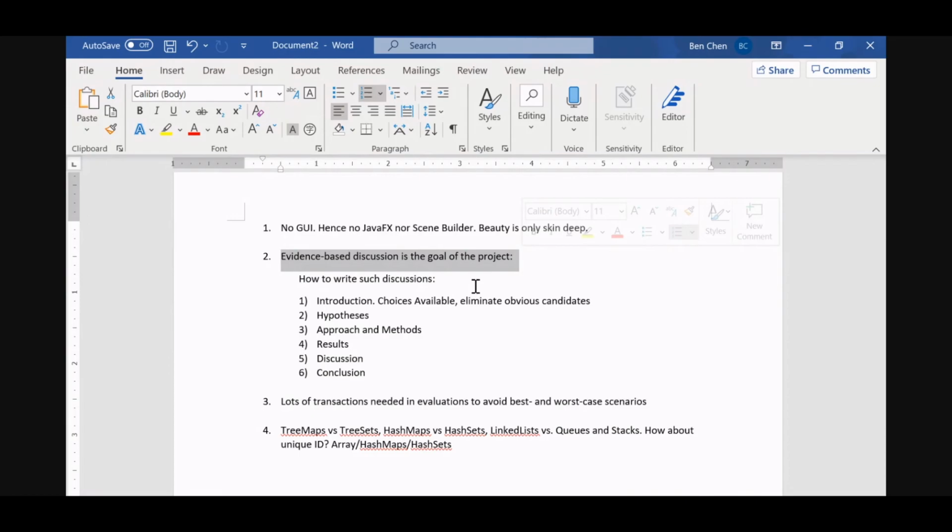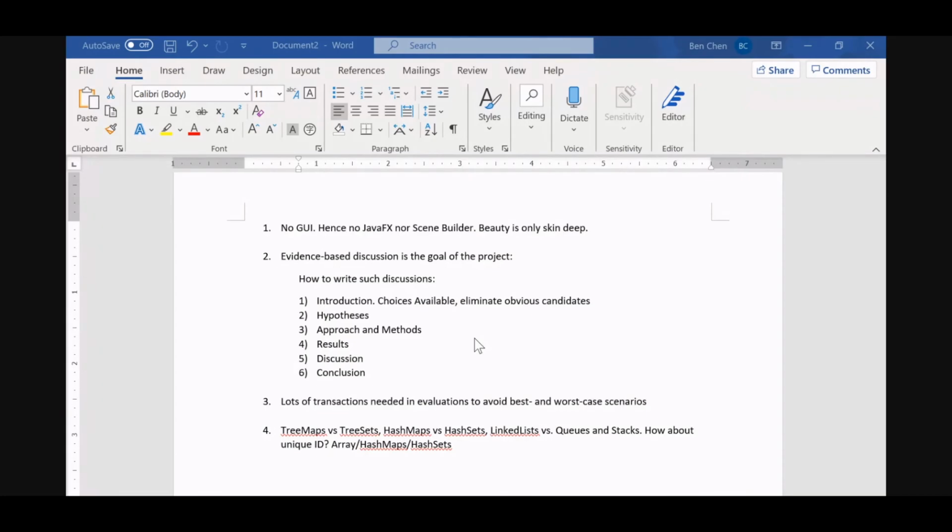Okay, now how to write a discussion. That's something that I realized maybe is not obvious to you, which I realized later. So I wrote down a few things I think will make a perfect discussion. I know most of you, or many of you, didn't do it, but this is something you should know, if not now, then down the road in the future, how to write a discussion